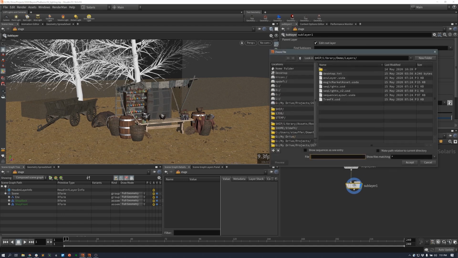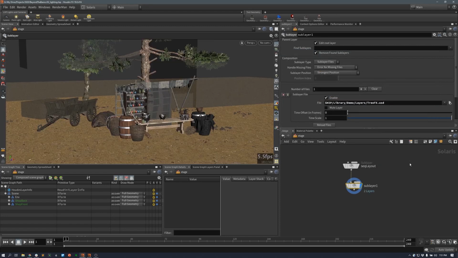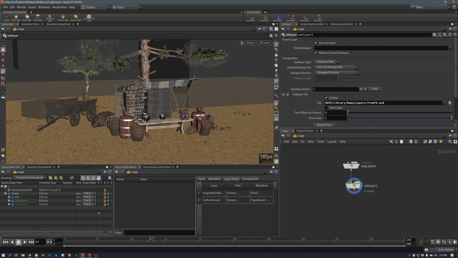So the first thing I'm going to bring in is my tree effects. So let's bring in these trees. And so this is essentially placing the trees that are there with some trees that are sort of moving in the wind. And so if I look at my layers, they might be off a little bit. You'll see that